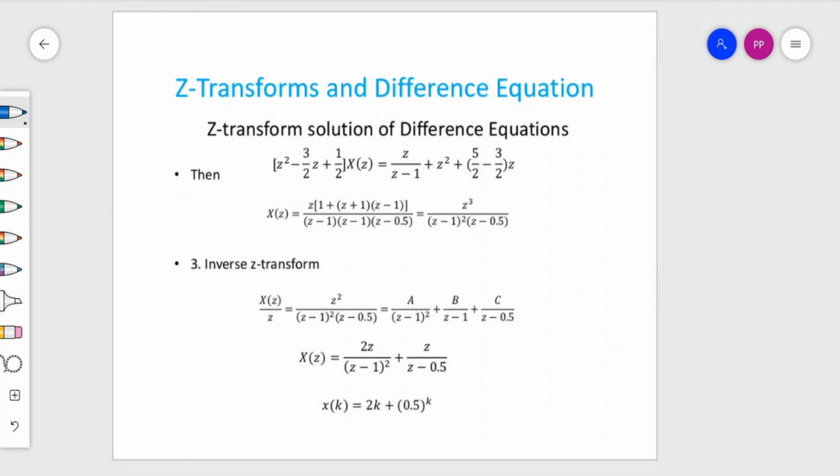To go a little deeper into digital control or discrete systems, here we have the transfer functions in the form of Z instead of S. We can transform the S domain transfer function into a Z domain transfer function, and again from the Z domain transfer function we can transform into the digital domain, that is the last equation, which shows x as a function of k. k is basically an instant of time, so x as a function of k equals 2k plus 0.5 power k.